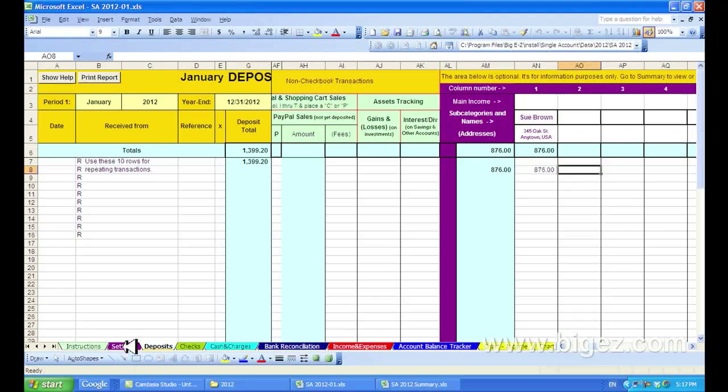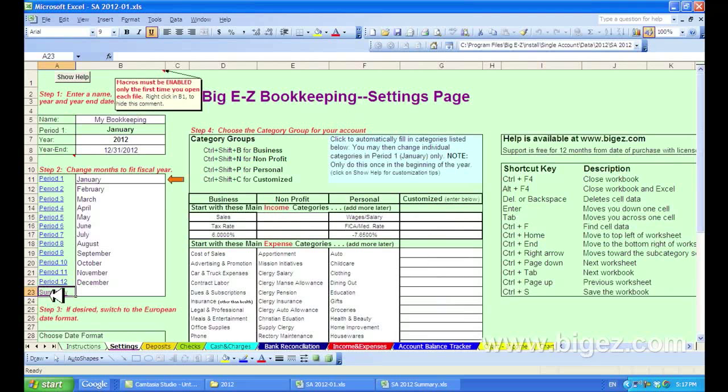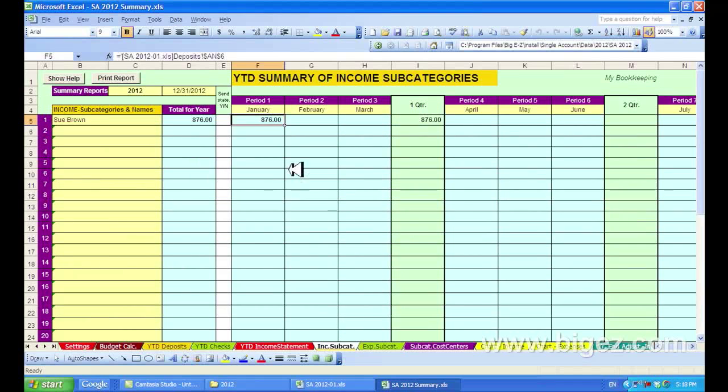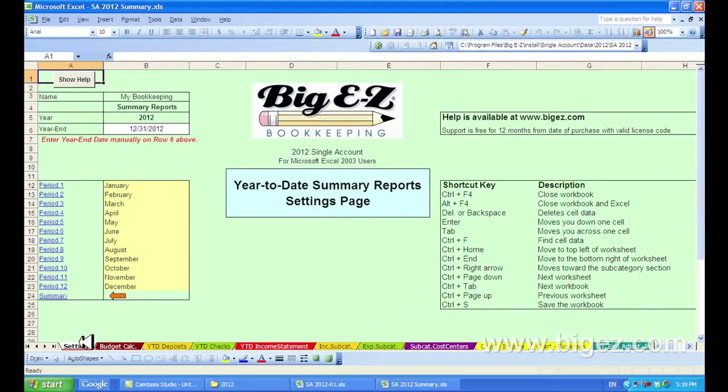Okay, let's click on the settings and head back over to the summary. Now, instead of looking at the year-to-date summary of deposits, I'm going to click on income subcategories, and you'll see in January, Sue Brown gave us $876. So this is where you would find your total for the entire year from that donor. Now I'll head back to the January file,